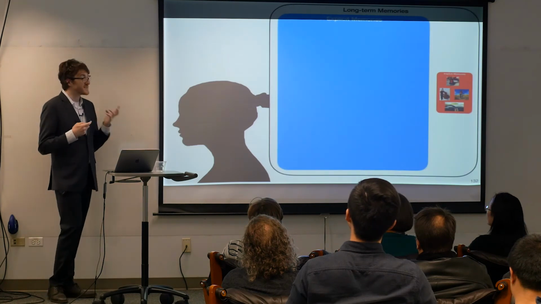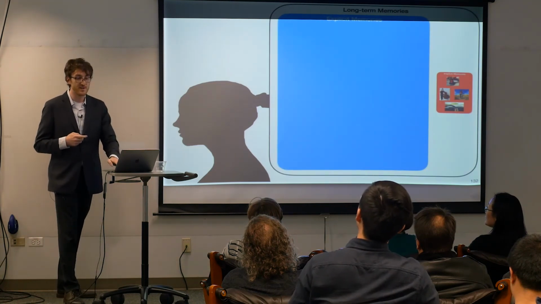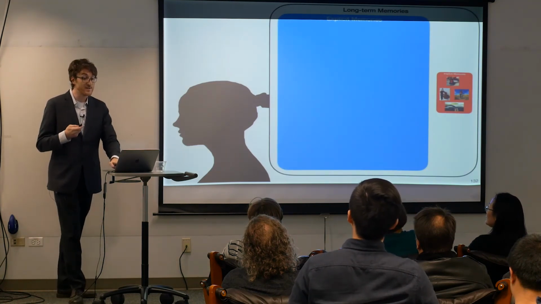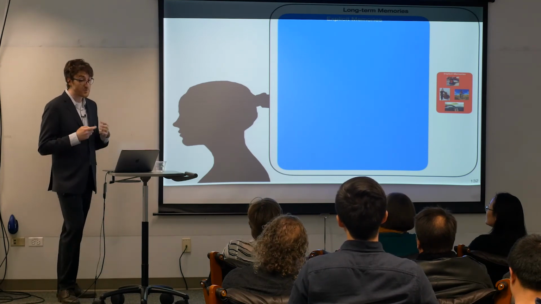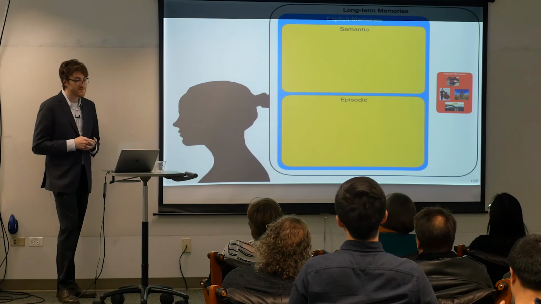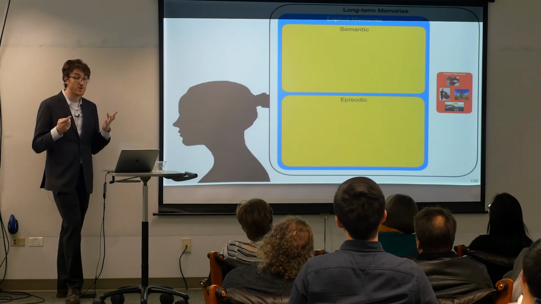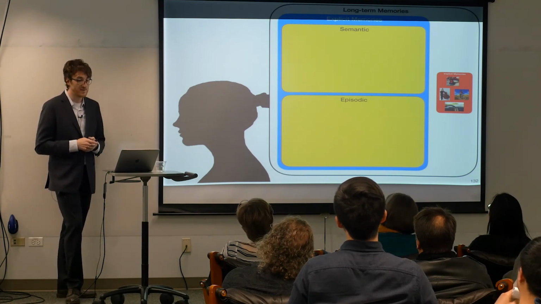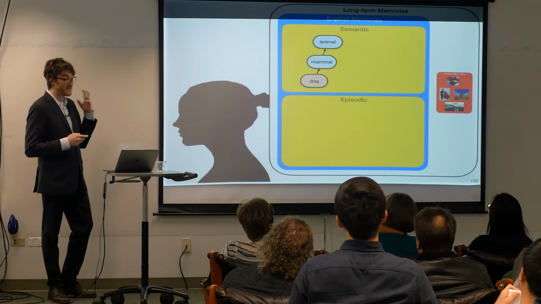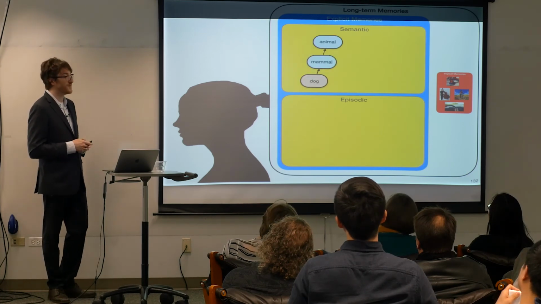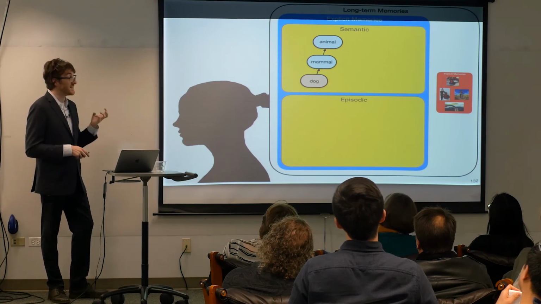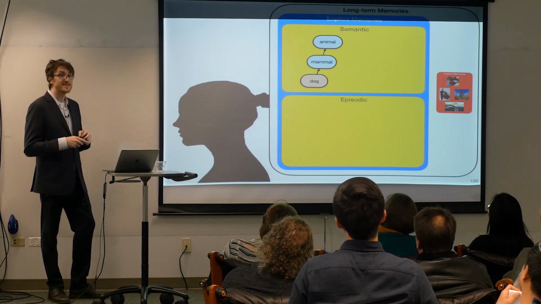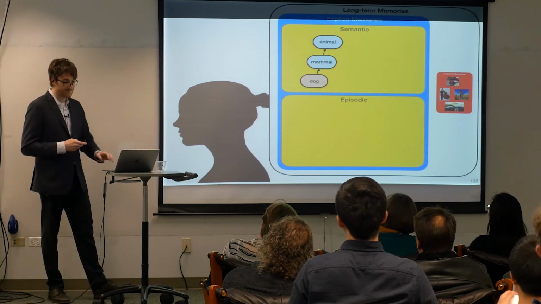And from the perspective of the type of knowledge representation that we've been talking about, I think a more interesting distinction is between two different types of explicit memory. So this would be semantic and episodic memories. Semantic memories are really encoding abstract world knowledge and facts, such as the fact that a dog is a mammal and a mammal is a type of animal. And importantly, these memories are not directly tied to any individual experience, but are instead abstract generalizations.